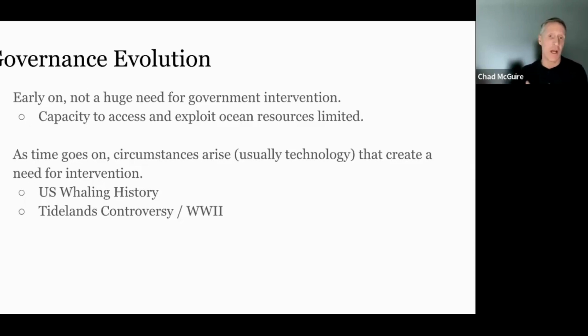And they want to push others further away, both for defense purposes. They don't want them sneaking up on them and attacking, but also in addition, the resources, not taking the resources that lie underneath those waters. And so we see a development of this until, in the 1940s, 1950s, a real push to move further and further offshore what we claim as our national waters, at least in the United States, and then UNCLOS, the United Nations Convention on Law of the Sea,